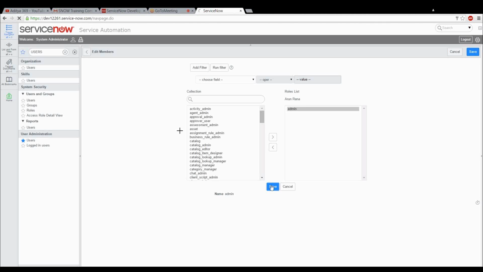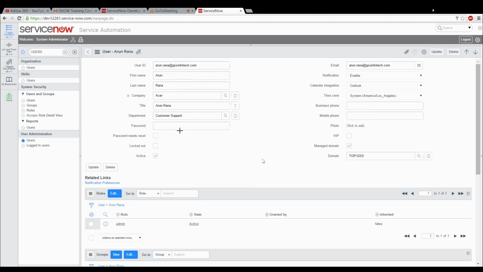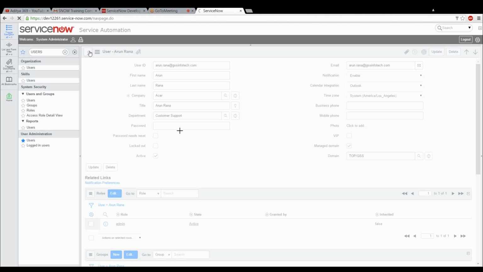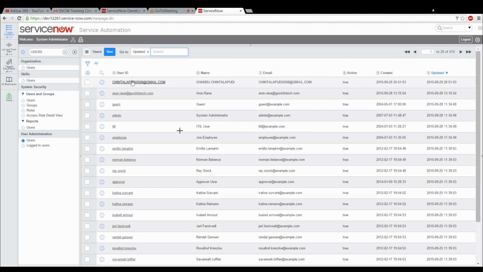Same, you open the Chandu user record and do the same thing. Everyone do the same thing. If anyone has a problem, let me know.